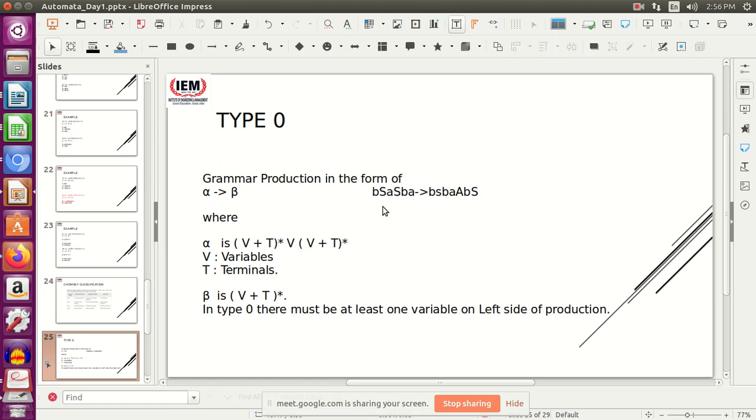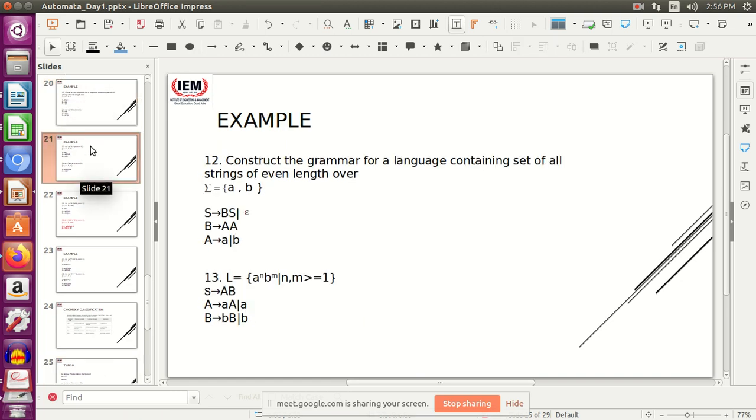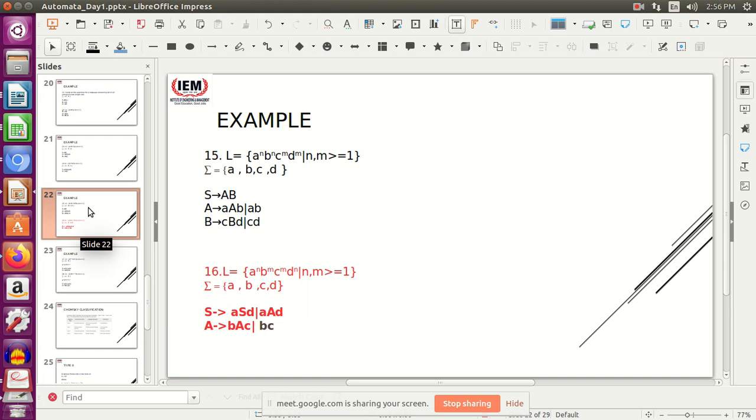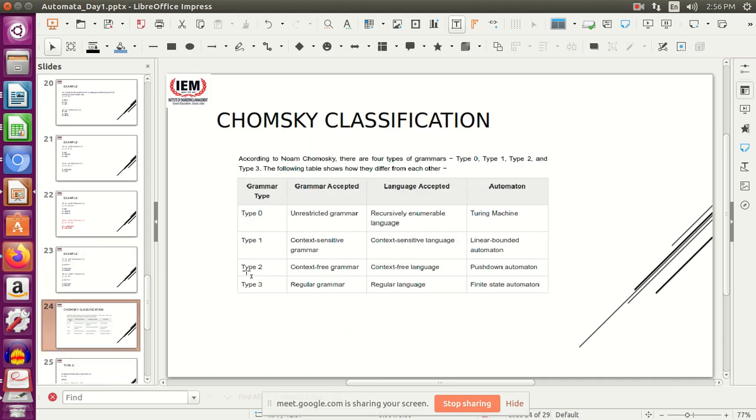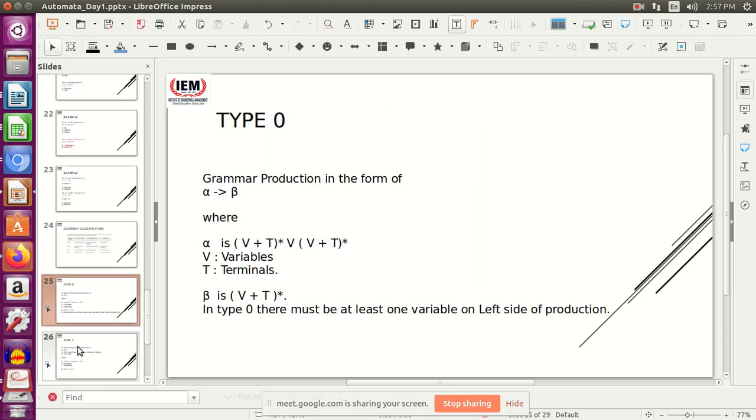Now type 0 is a complex kind of grammar which you have not seen in the examples that we performed. These examples we have not done, we need not do it. We have constructed grammar only up to context free, that is type 2. Only regular grammar and context free grammar designing has been done by us, and that is the part of the syllabus. Construction of unrestricted grammar or context sensitive grammar is not a part of our syllabus. You just need to know by looking at it whether it is unrestricted, context sensitive, context free or regular grammar. So unrestricted grammar is clear, right?